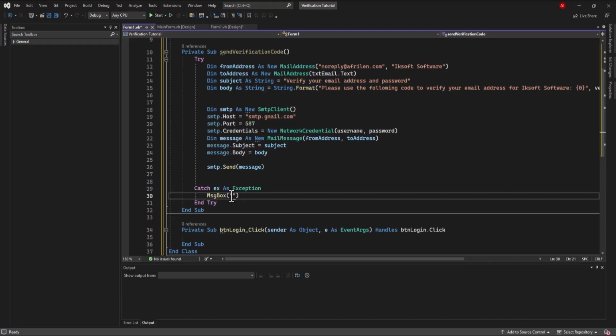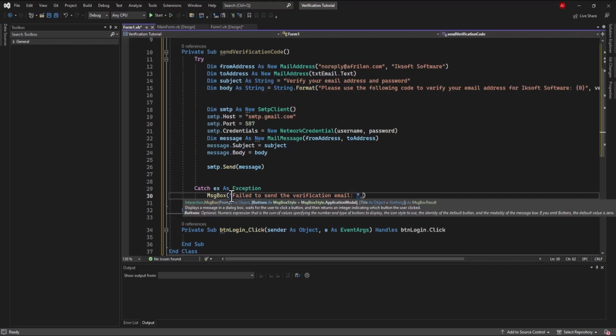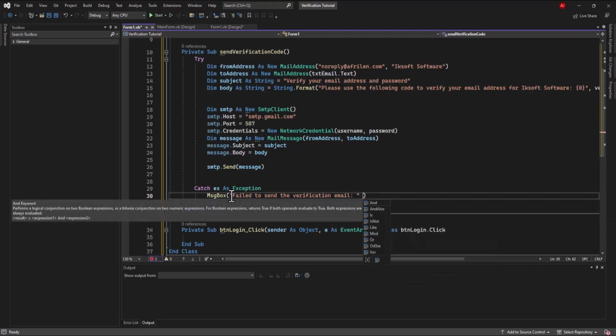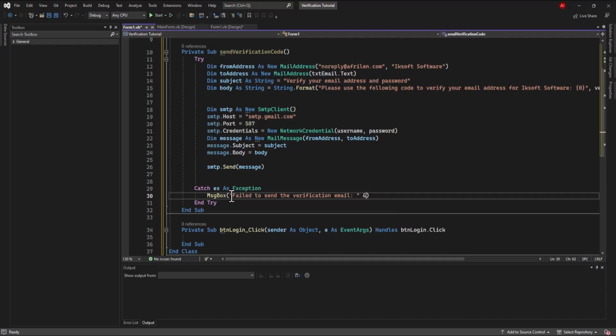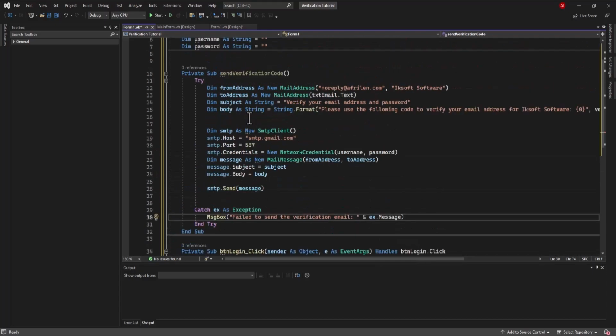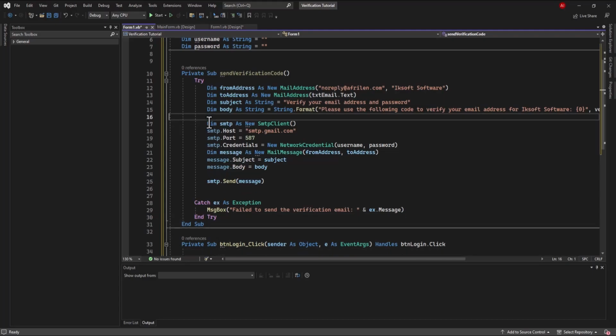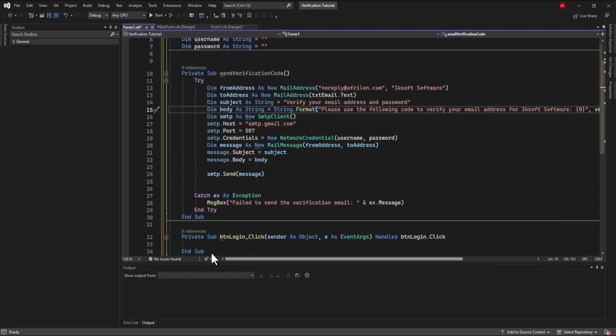Now I'm just going to say failed to send the verification email. Right now I throw out an error with a verification, or let's add the particular error which was thrown. Exactly. Right guys, so this is what we have done so far,